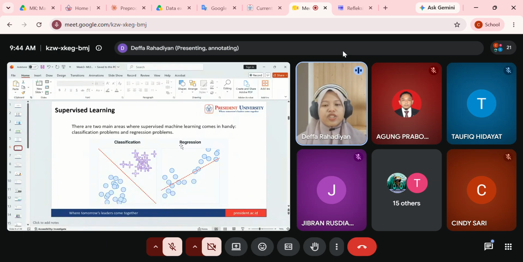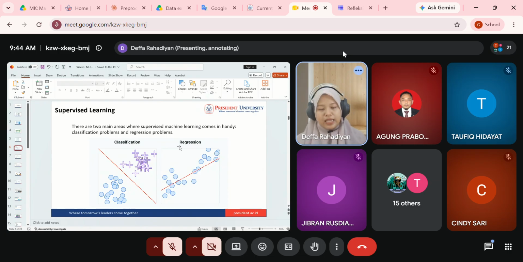But for regression, this is how we predict a continuous value or variable. For example, age estimation. In classification, we already know this is a woman, but how old is she? So we predict the age of that woman using regression. For example, this girl is around 20 years old.